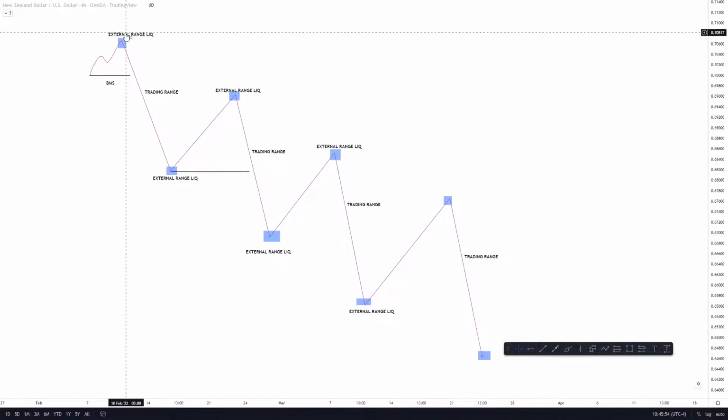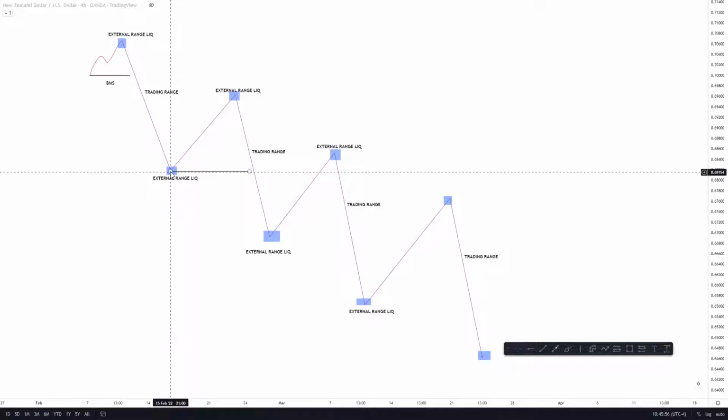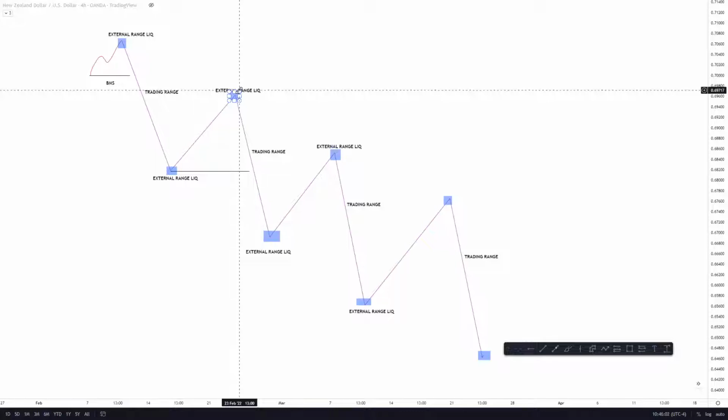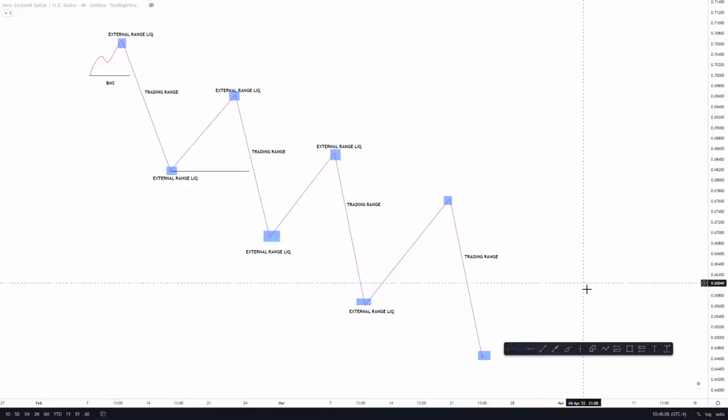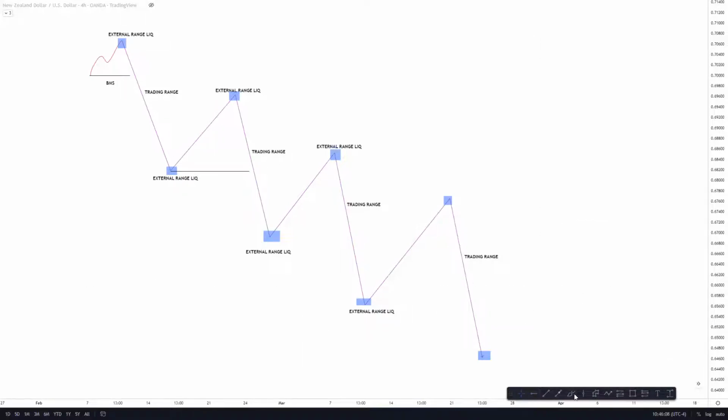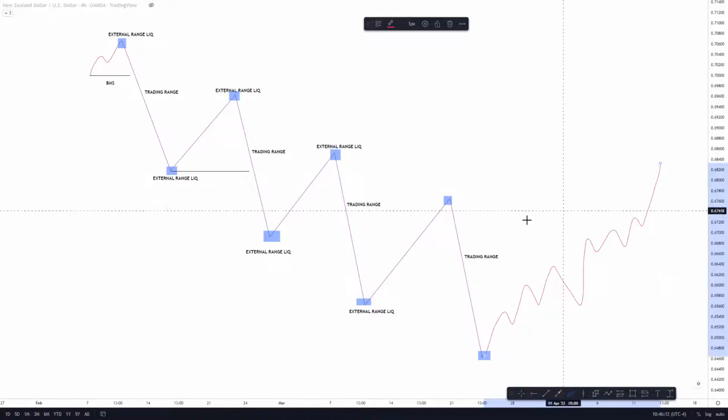Okay, so the last high and the last low, I call that an external liquidity range. This is also an external liquidity range. Why am I marking this as an external liquidity range? If price comes here